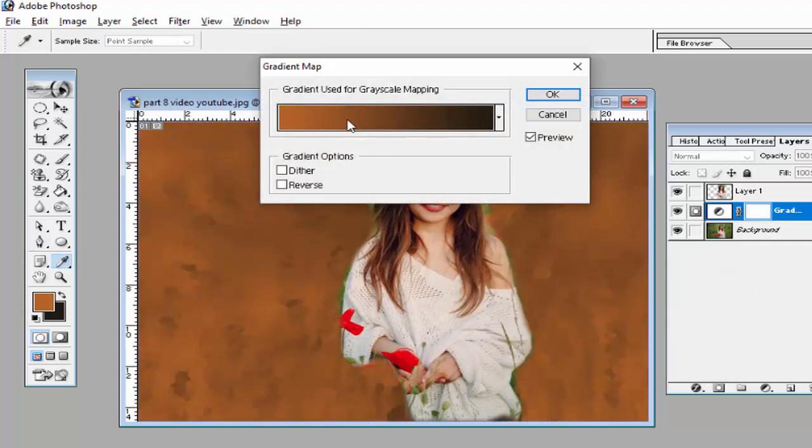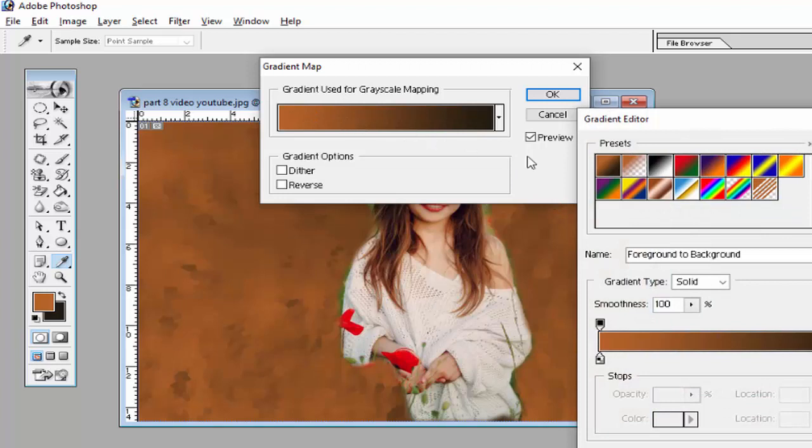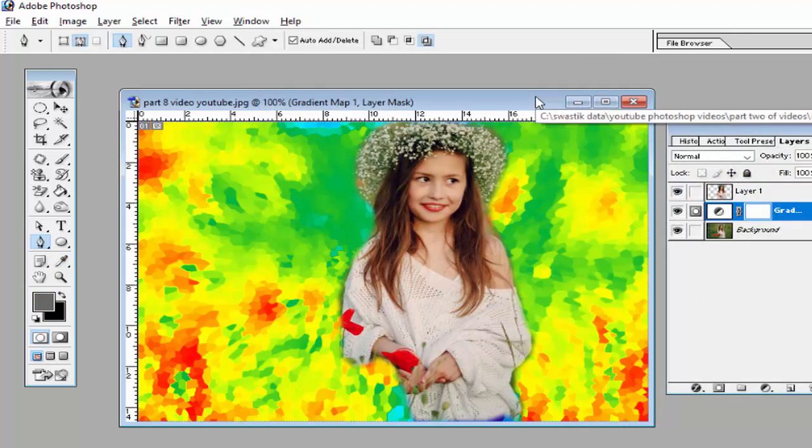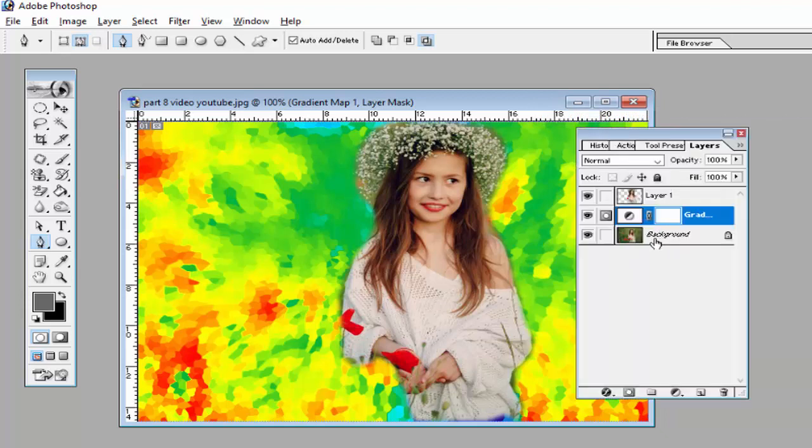Select the gradient option from here, click here and select the multicolor gradient, then click OK. So your image will look like this.